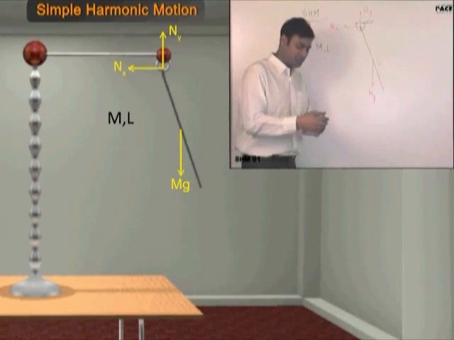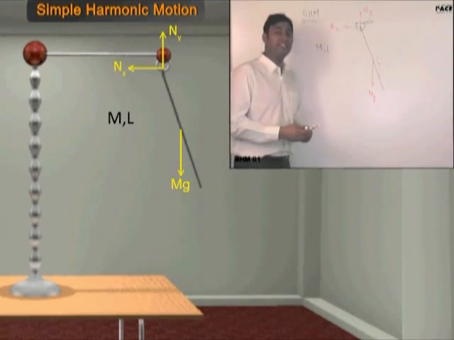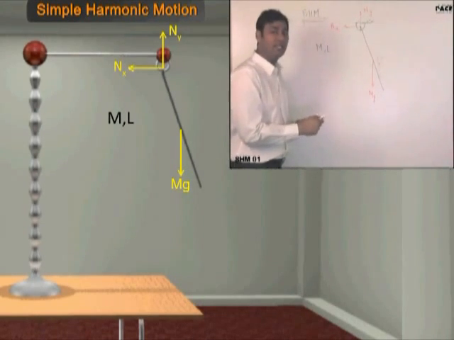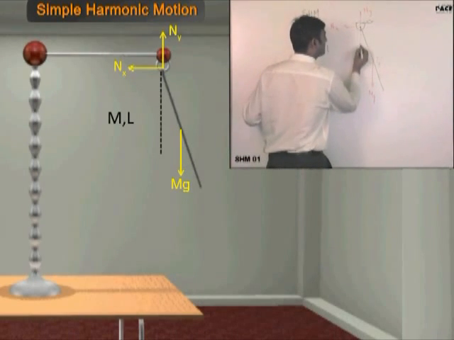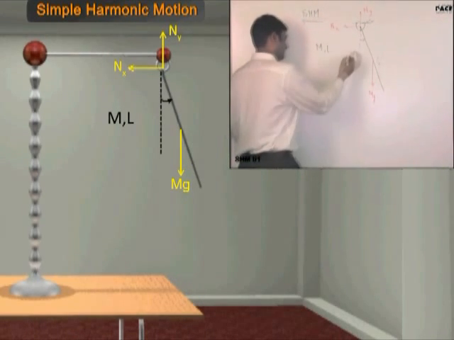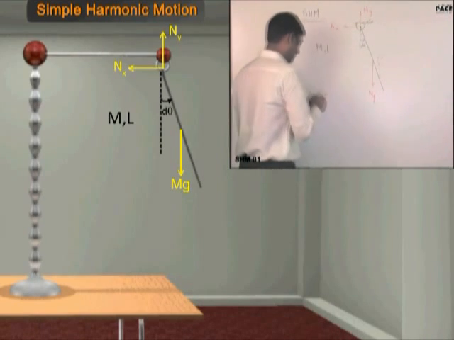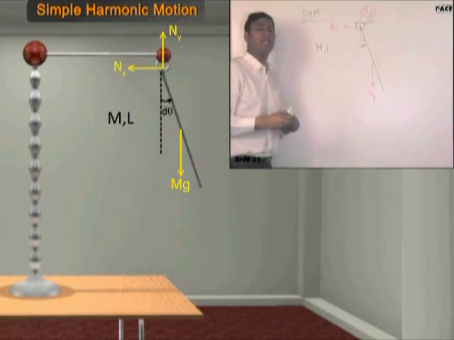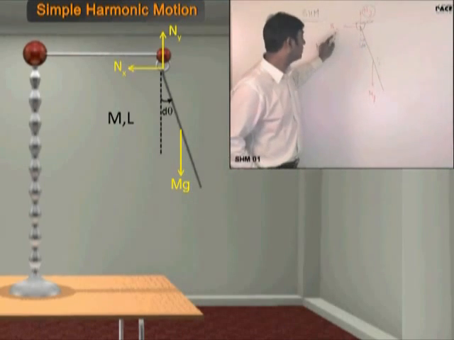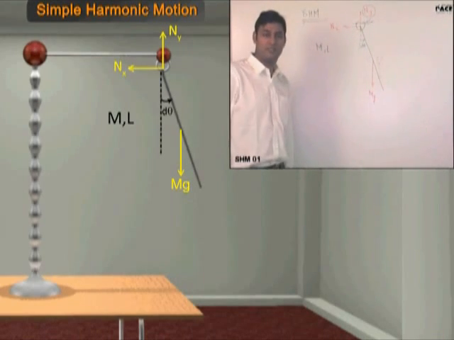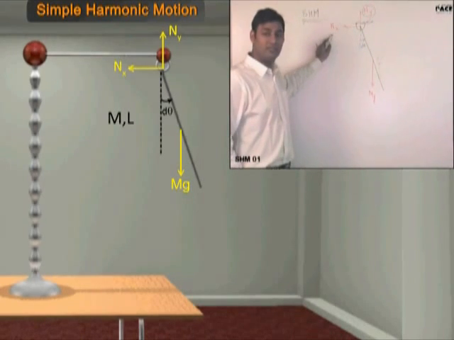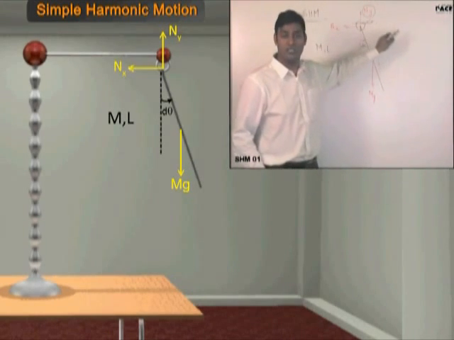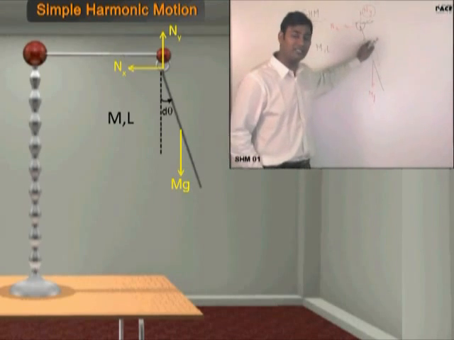Now all of you please pay attention. Now what is my first step? I have given it a displacement in which direction? Anti-clockwise. Now let me see, what is the torque due to this force? What is the torque due to N x? Zero. Why? Because the line of action of force is passing through this point.